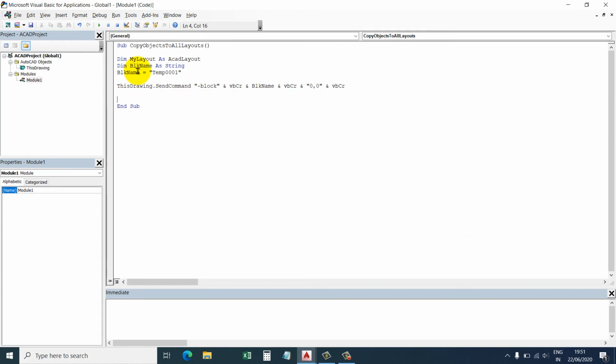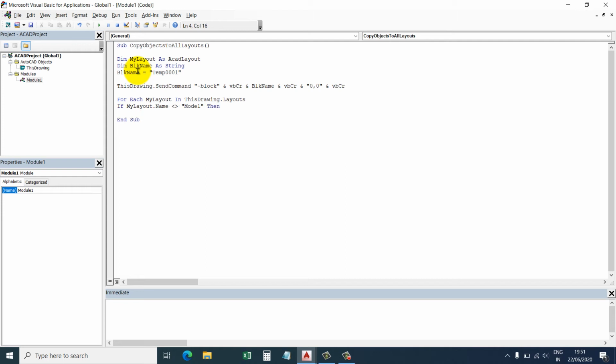Now we will go through all the layouts in the drawing. For each layout in the drawing layouts, if the layout name is not equal to Model, because we have to skip the model, then we will insert the block in the layout with the same base point.